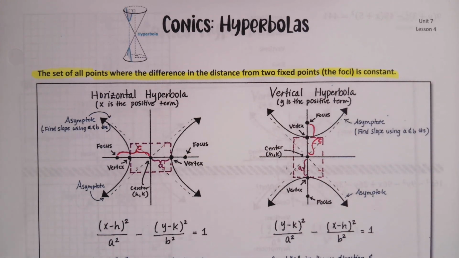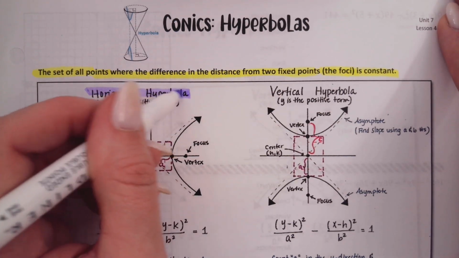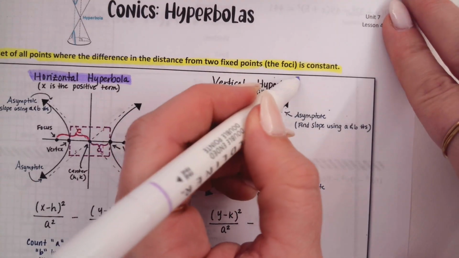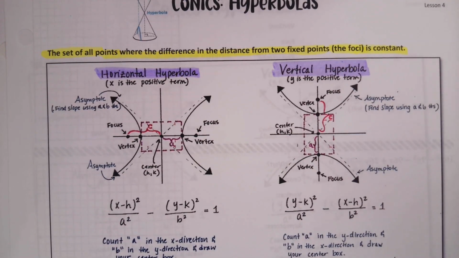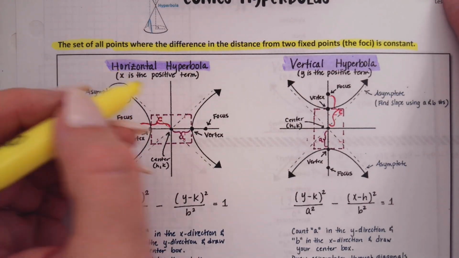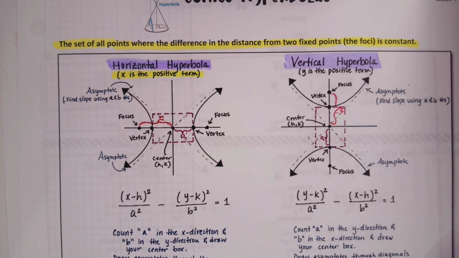Just like an ellipse, hyperbolas can face two different directions. We can have a horizontal hyperbola where you have a left-facing and a right-facing branch, or you can have a vertical hyperbola where you have an up and a down-facing branch. You figure out which way it faces slightly differently than how we did for an ellipse. For an ellipse, the larger of the two denominators determined which way it faces. But for a horizontal hyperbola, if x is the positive term, that's how you can tell it faces